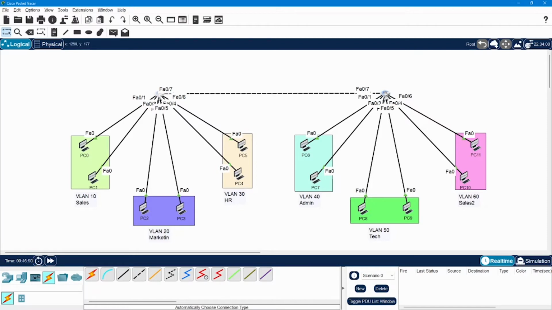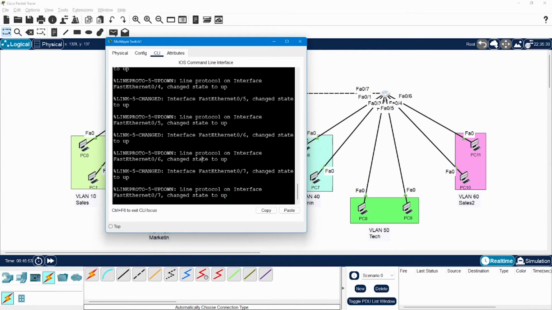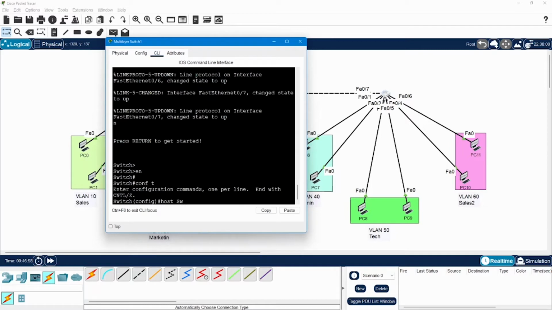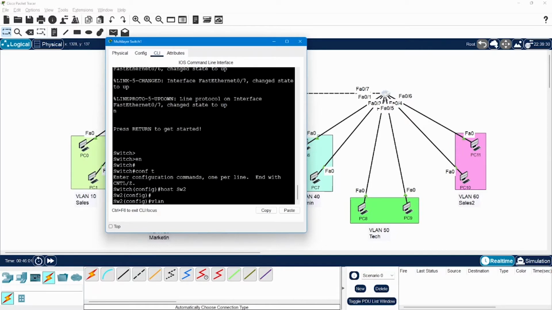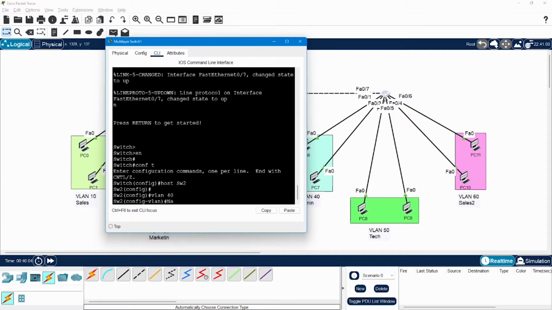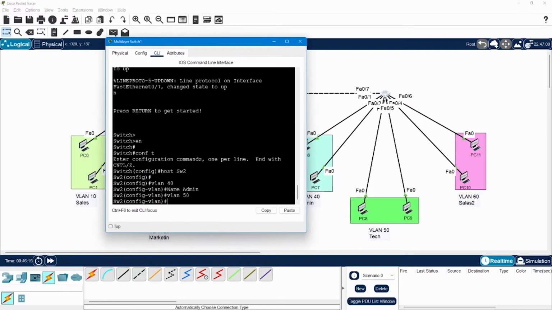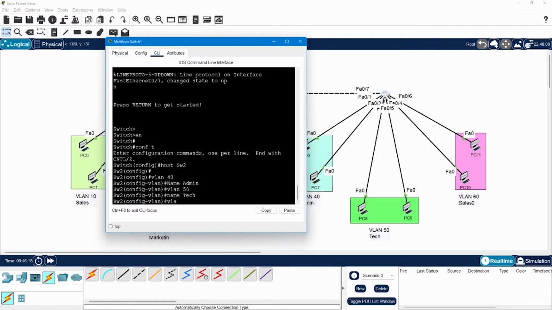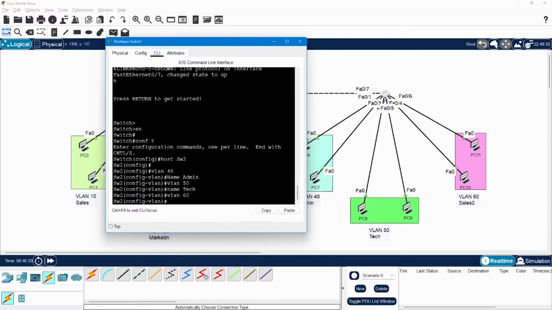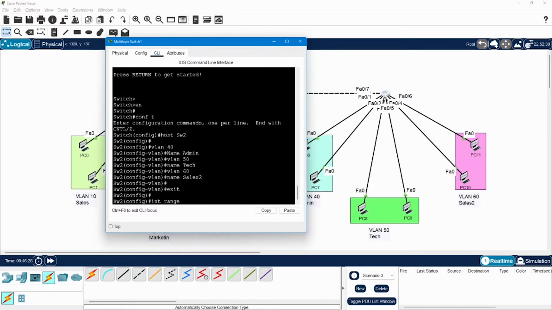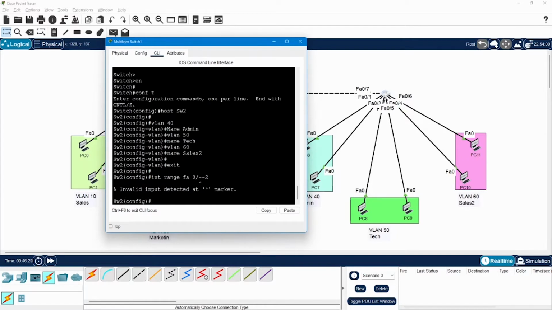Now let's do the same on switch number 2 also. I'll go to the CLI, I'll say no, enable, config T, hostname switch number 2, VLAN number 40, which is going to be there with the name of admin, VLAN number 50 with the name tech, VLAN number 60 with the name sales 2, exit. Then interface range FA0/1 to 2,